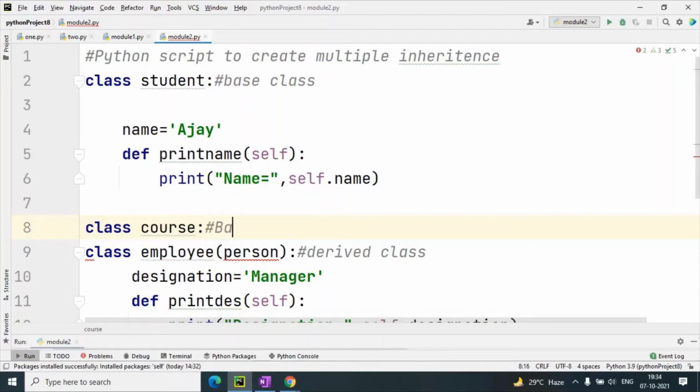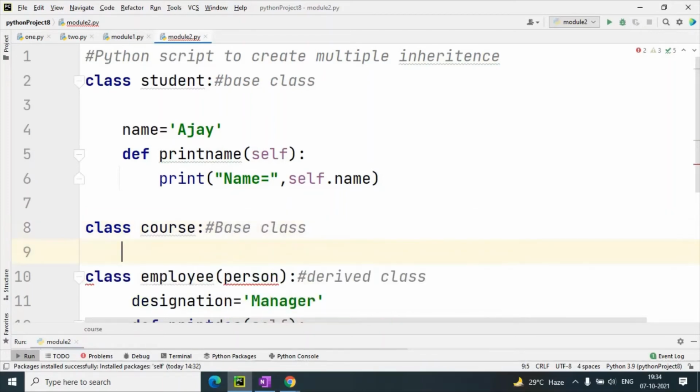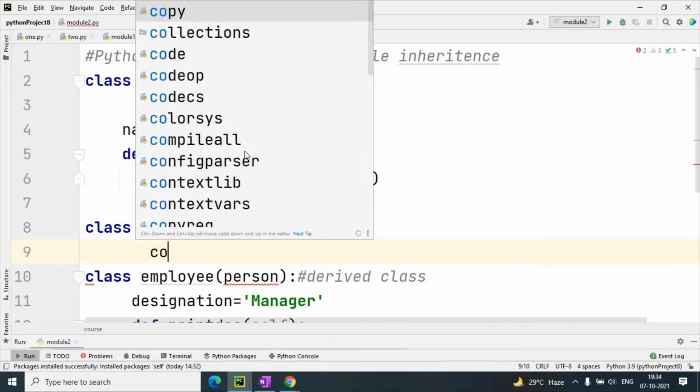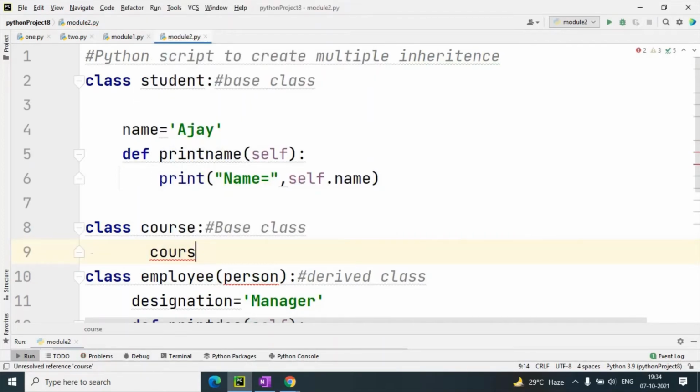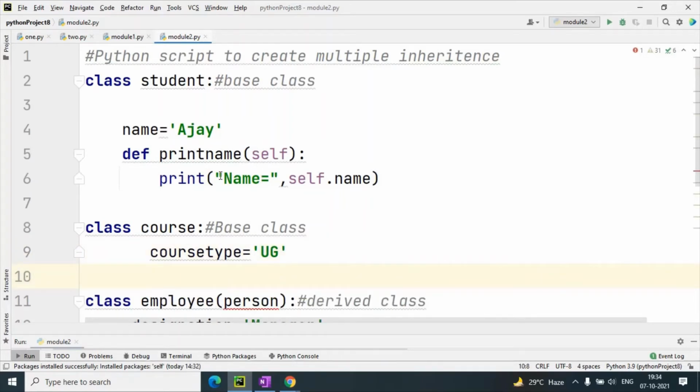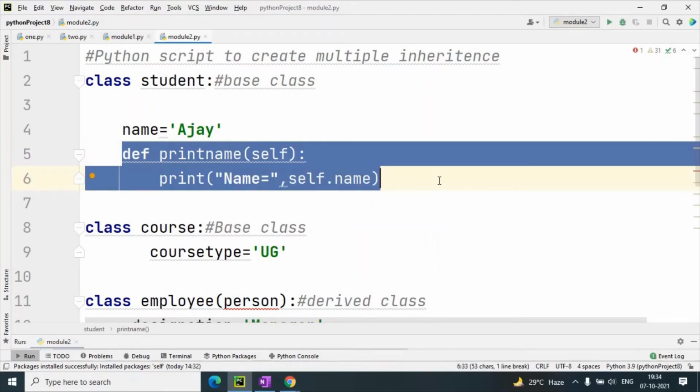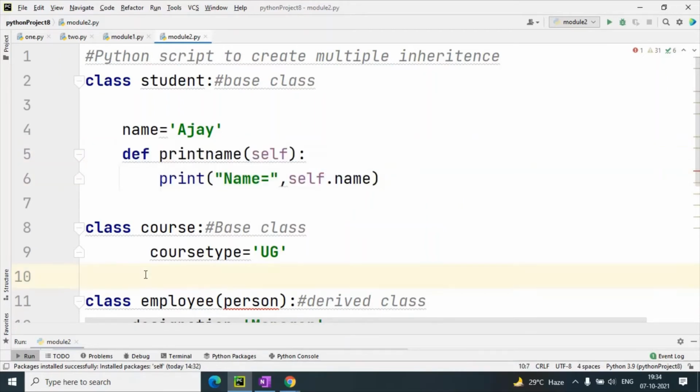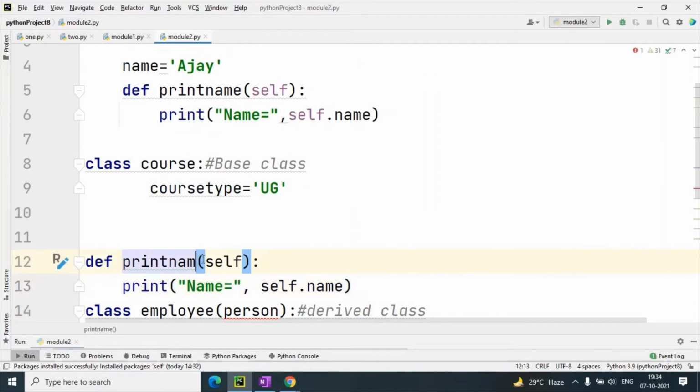This is also a base class, and in this class I have taken the variable course type. Suppose I have taken the value UG, and in this class we have the method print course.